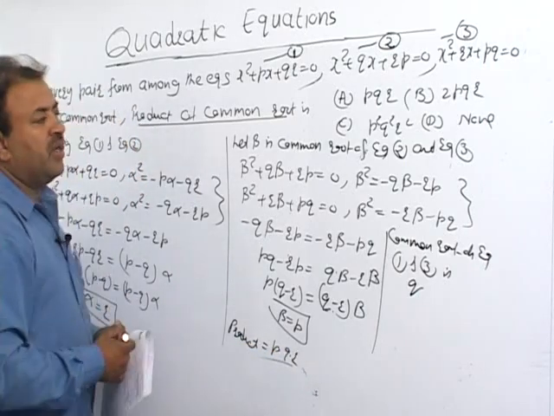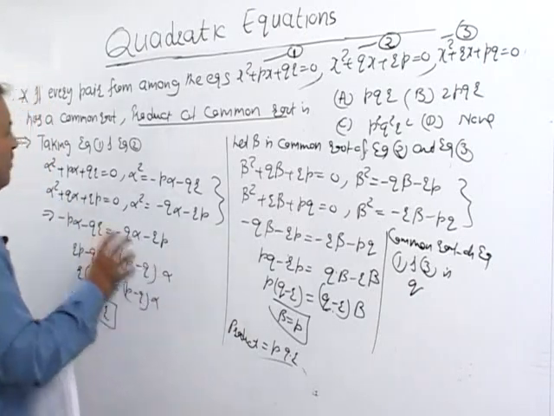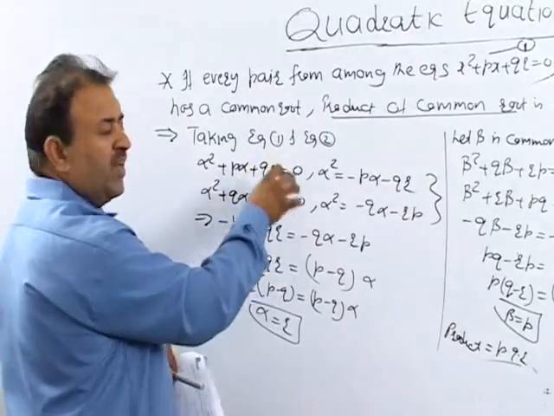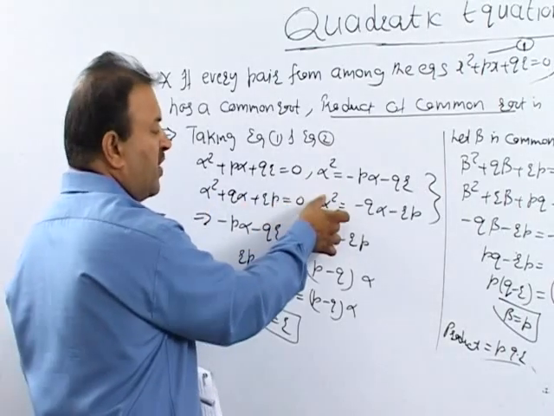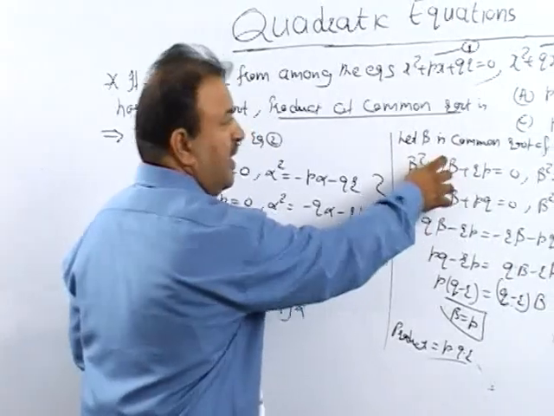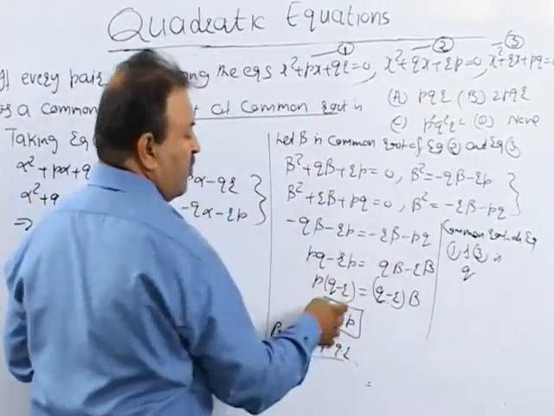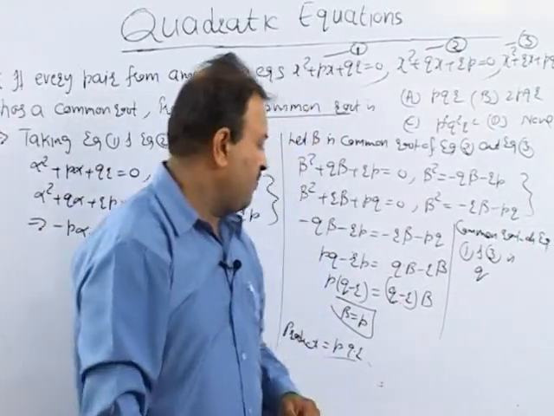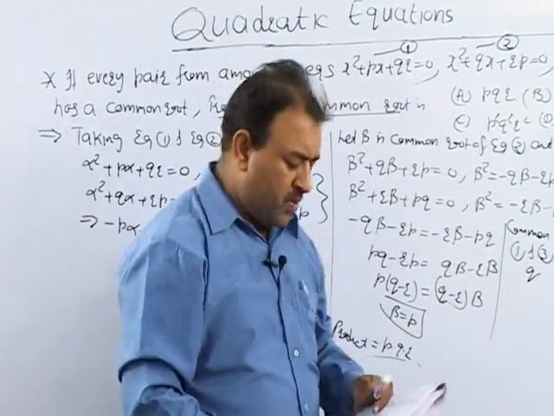So this solution looks a little lengthy, but if you try it properly, you will be able to do it very soon. See, the method is a little different. We find a common root. Put alpha, equating alpha square, we got alpha from here. Similarly, let beta be the common root between 2 and 3, and then equating beta square, we got beta as p. Similarly, we got the third root as q. So the product of roots is pqr. Next problem about a common root is